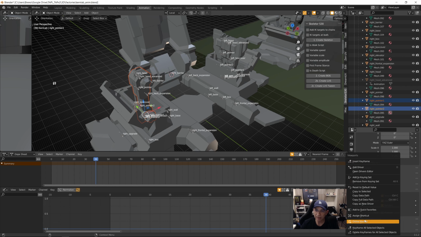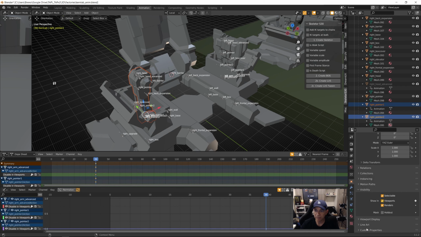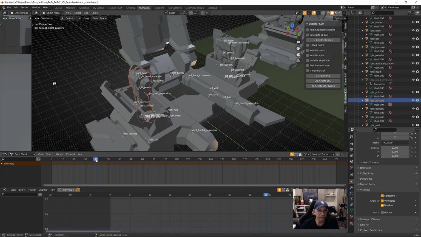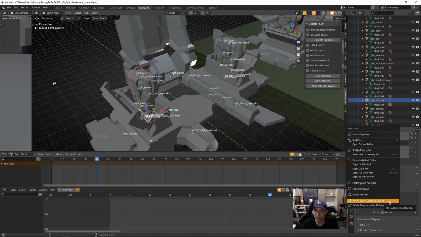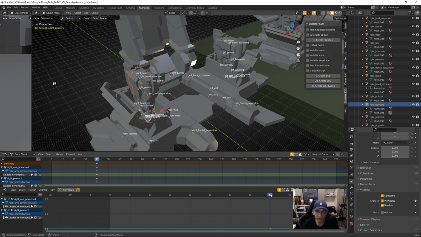That's why I really like this Blender extension. It's worth every penny. Very cheap, actually. Key all selected objects. So if you're serious about animating in Blender, I would buy it. To be honest, not expensive. But yeah, I did it on frame 39, so that's my bad. Should have been on frame 40. Anyways, right click the name of the property, keyframe the selected objects, and